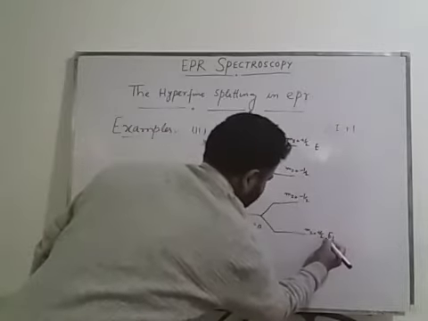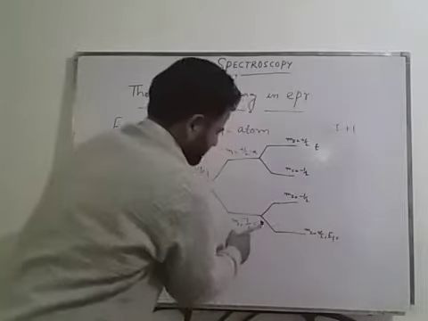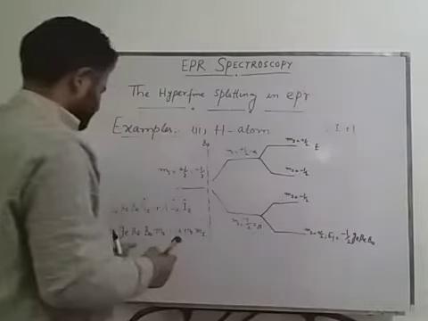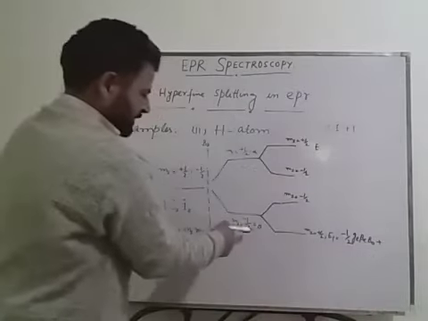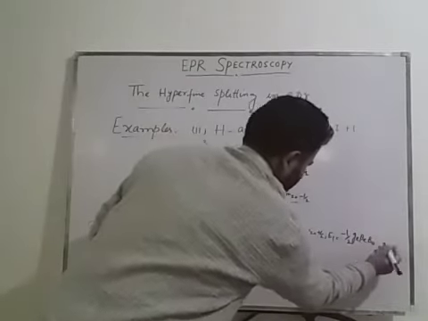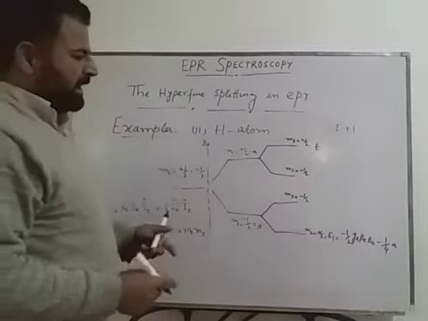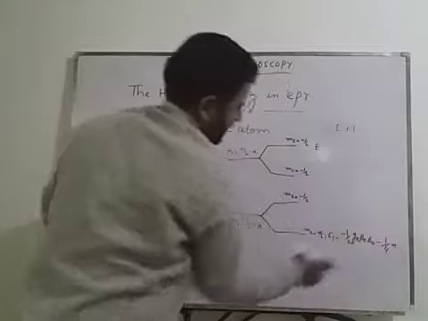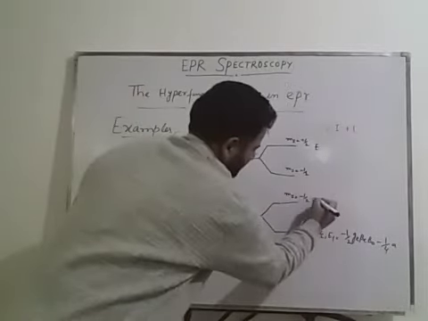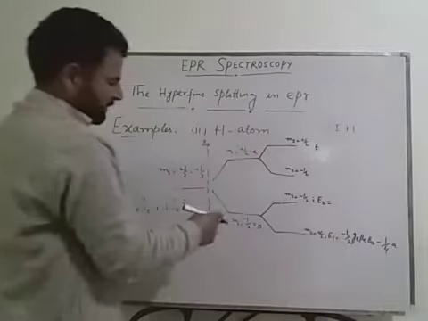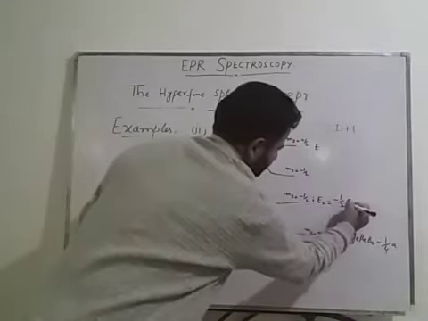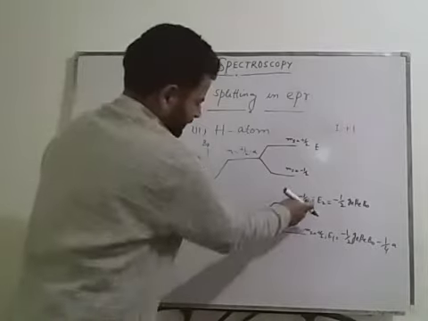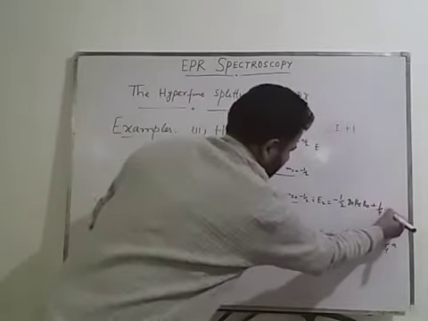I will write this E1. E1 will be equal to minus 1 by 2 Ge beta E B naught, plus, because it is minus and this is plus, so it will become minus 1 by 4 A, because Mi is 1 by 2 and Ms is minus 1 by 2, one has a minus sign, another has plus, so it will come out as minus 1 by 4 A. Similarly, here we will write E2 equal to minus 1 by 2 Ge beta E B naught, and this is also minus, this is also minus, and minus times minus will be plus. It will be plus 1 by 4 A.